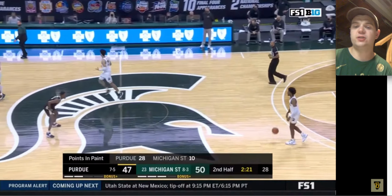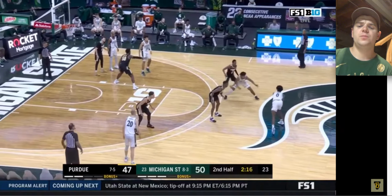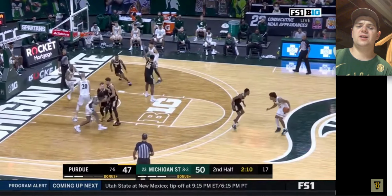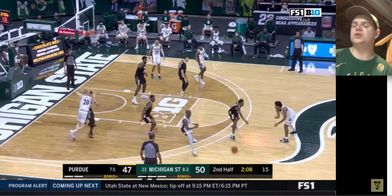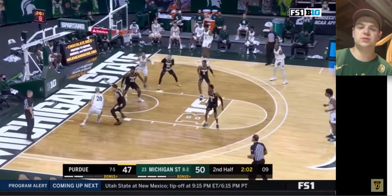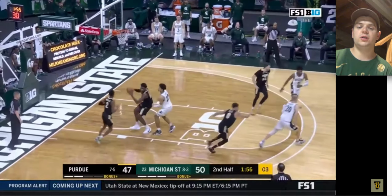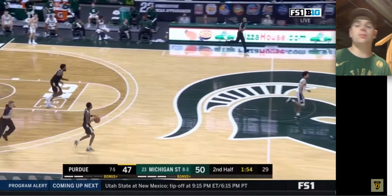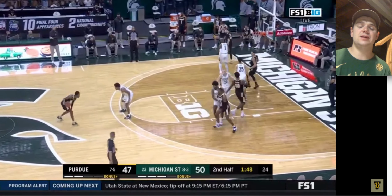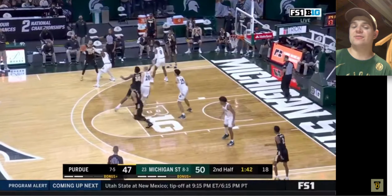Let's see. So we got Aaron Henry. So now this is where he kind of wants to take over, right? So again, that's another thing with Aaron Henry too. We talked about it with Cade Cunningham. We talked about it with Io. Where the role he was playing at Michigan State, that's not his comfort zone, right? Here at Michigan State this year, they lose Cassius Winston, they lose Xavier Tillman. He kind of has to become the ball-dominant guy. He has to become the go-to scorer, getting his teammates involved, right? Be the best defender on the other end, right? That's a lot of responsibility for a guy who really isn't that skilled, you know what I mean? And just from a shooting standpoint, you know what I mean? And so I do appreciate the effort that he gave in that regard,